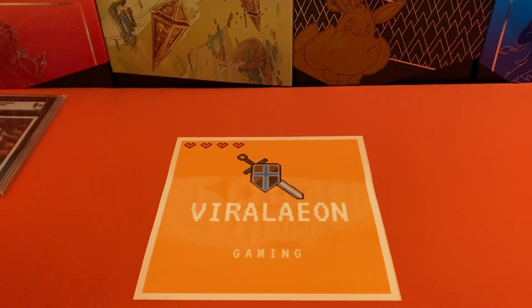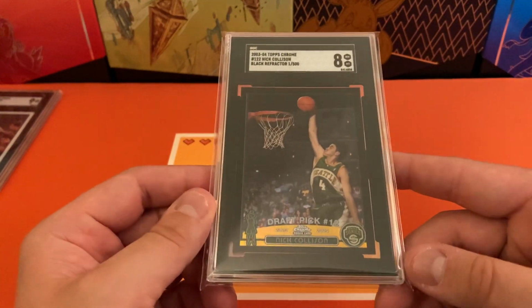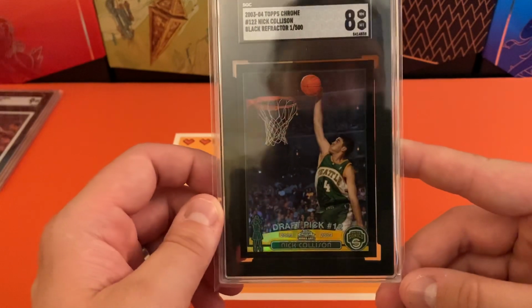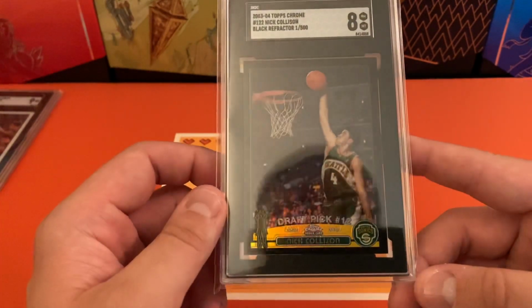Next up is going to be another Topps Chrome rookie from the same year. This one's a little different. This is going to be a Nick Collison black refractor. We got an 8 on this one. So I think as far as the centering, it's a little worse than I remember it for centering, especially the